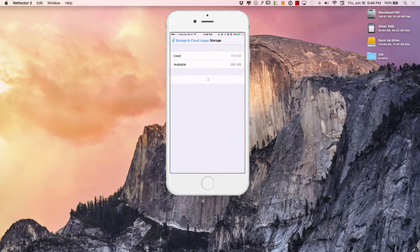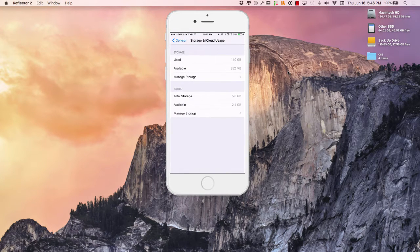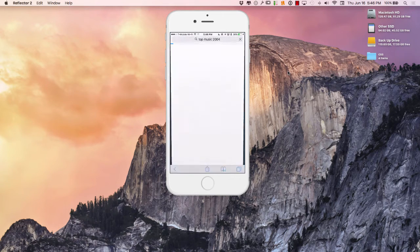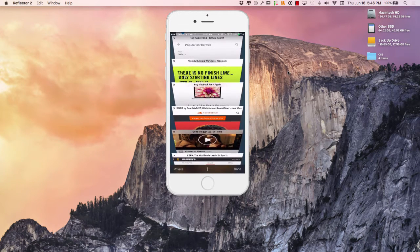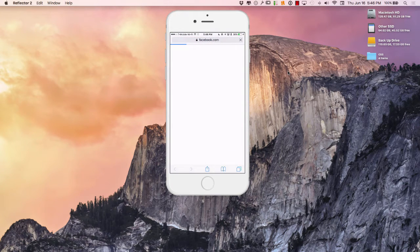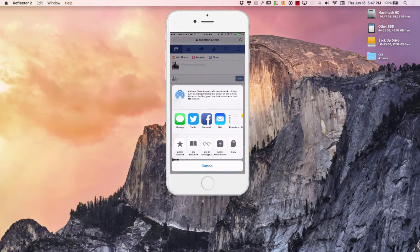I have 11 gigs available. As it's calculating here, I have 352 megabytes available out of the 11 gigs. So what I want to do now is go over here to Safari, open a new tab here, and type in Facebook. Okay, so now that I'm going to Facebook, here's this icon that's been on the iPhone forever, and you're going to be missing some features, like notifications on the app itself, is the main feature,